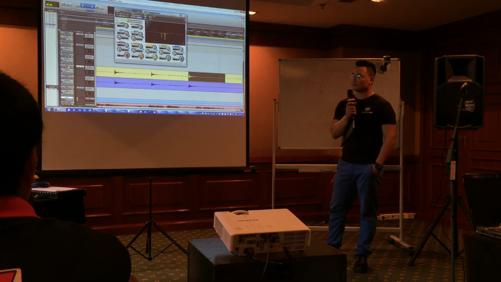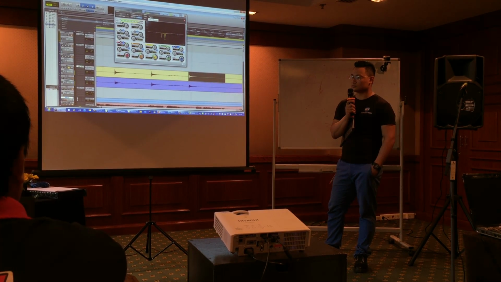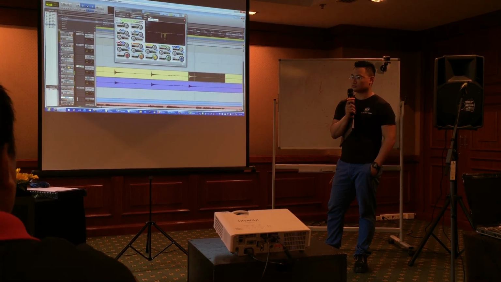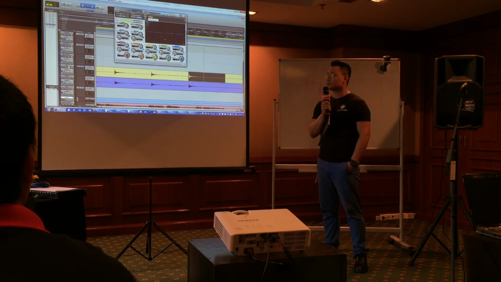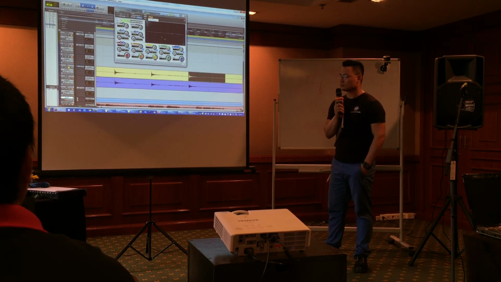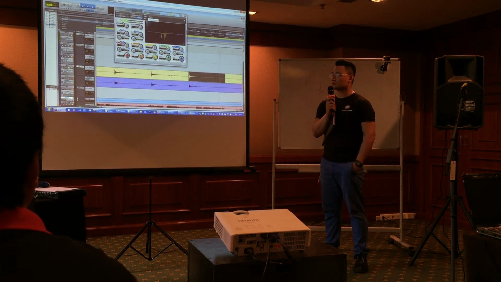Now, you can hear the sound before and after the equalization. This is before, with the equalizer in bypass, and this is after,